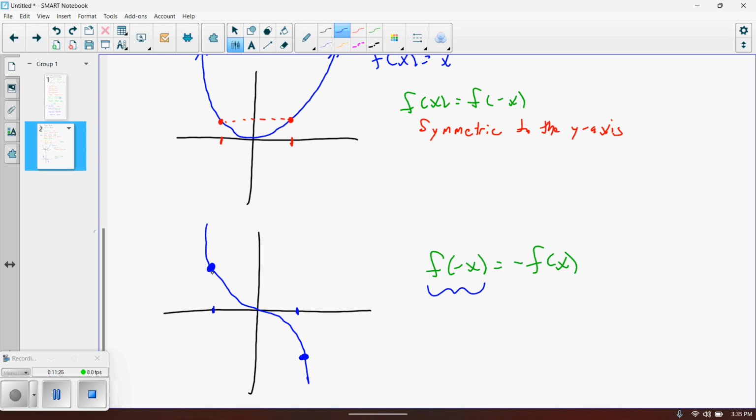And what you should notice is that an odd function is actually symmetric, but it's symmetric to the origin. Now, this is really difficult for me to do. But if you think about taking this entire graph and rotating it around the origin, basically,